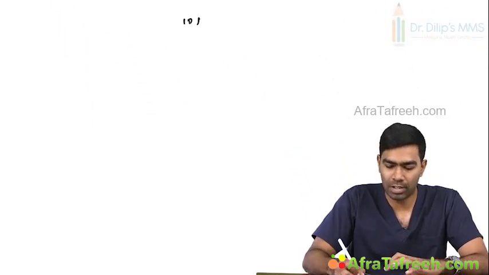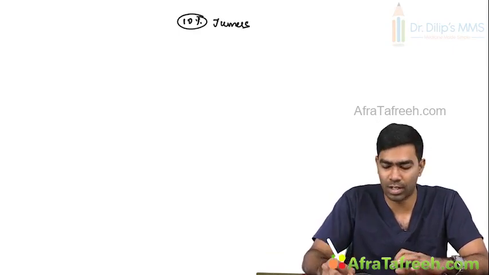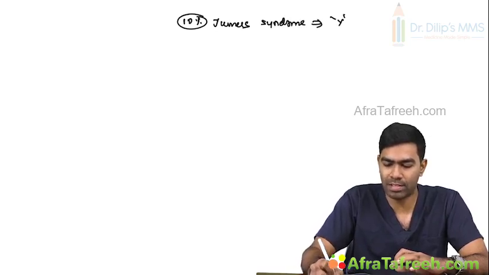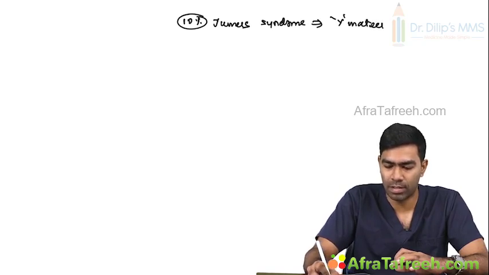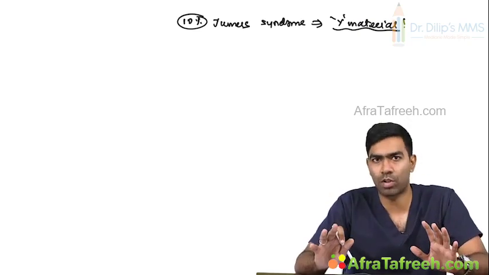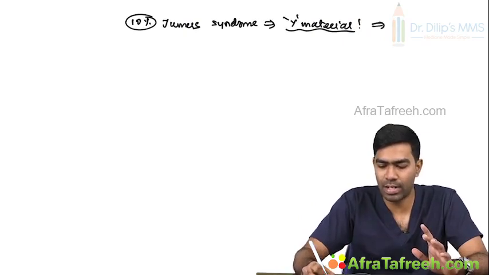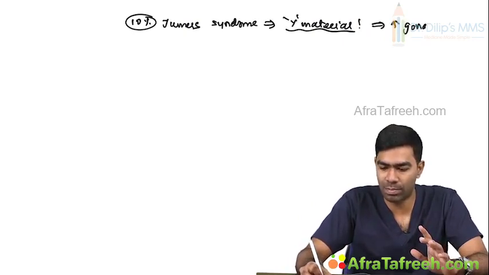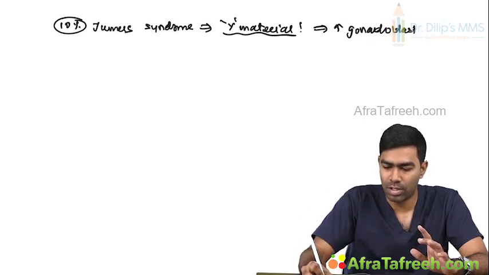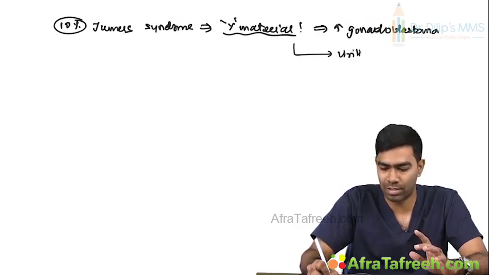Around 10% of Turner syndrome patients, this is a very important point, 10% of Turner syndrome patients may have some Y material in them due to genetic aberrations, especially if you are encountering a marker chromosome. Clear? So they may have Y material, and whenever they have Y material, there is an extremely high risk of developing gonadoblastoma, and this presence of Y material may also result in virilization